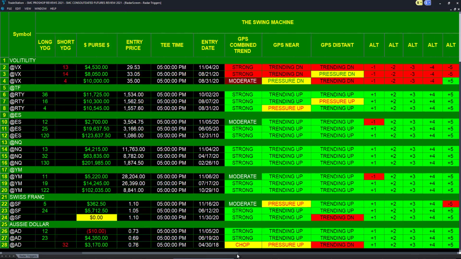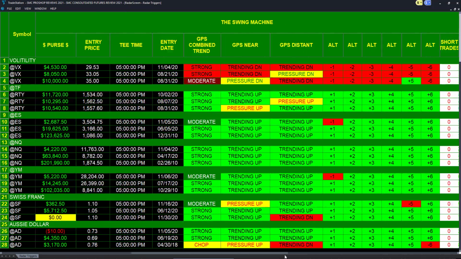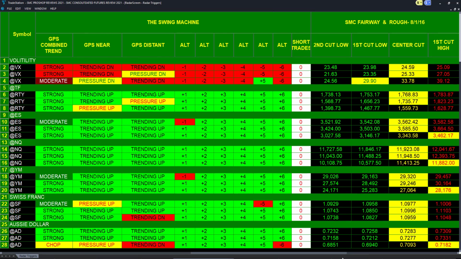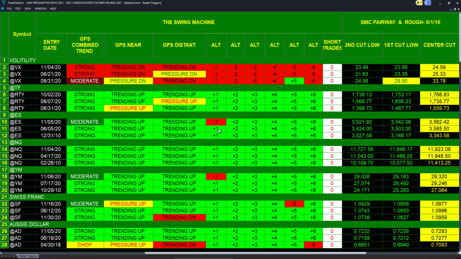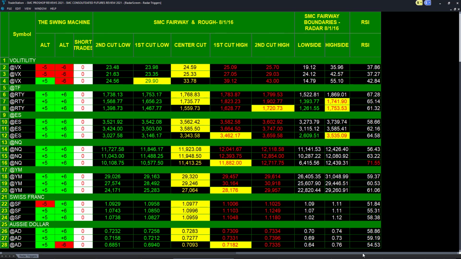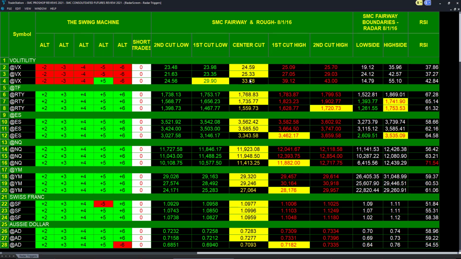Now, we slide across, and we also provide the detailed trend information. We're staying with the volatility, and it's very much in a downtrend. And then we also give important key pivot information, and we just call this our fairway and rough, and the volatility is right in the middle of the fairway. This would be a resistance high, this would be support levels, and then we even have out of bounds markers on the low side and on the high side. And we do like to keep a little casual eye on RSI. That's about the only standard indicator.